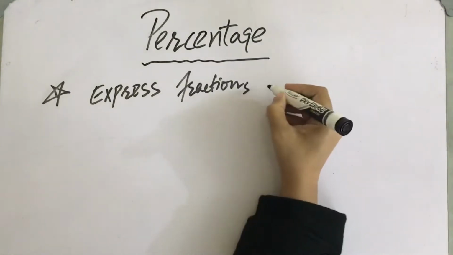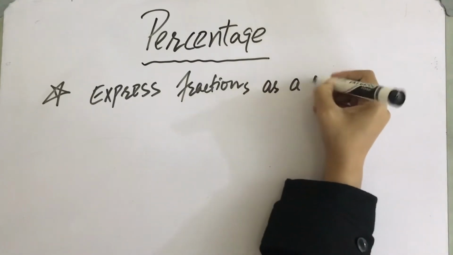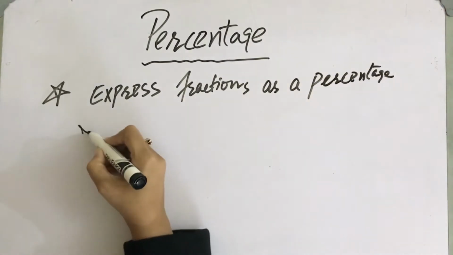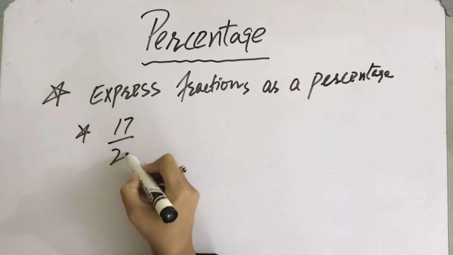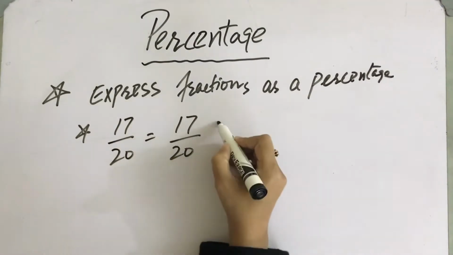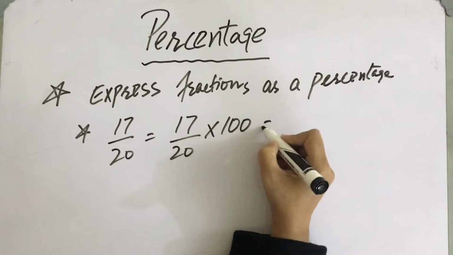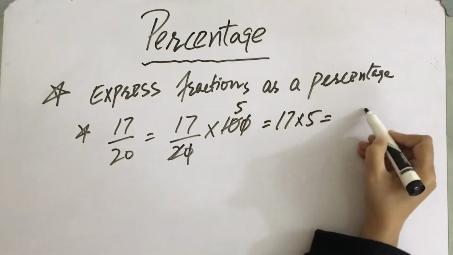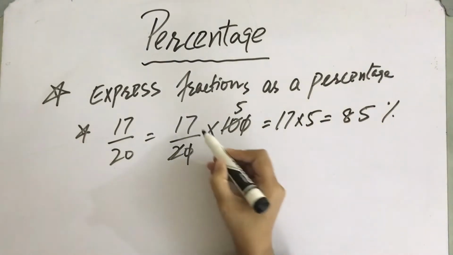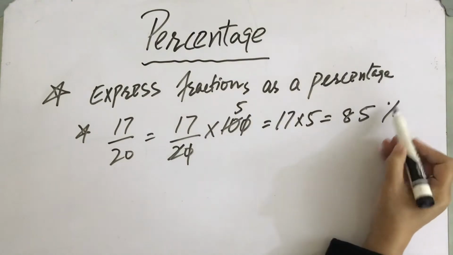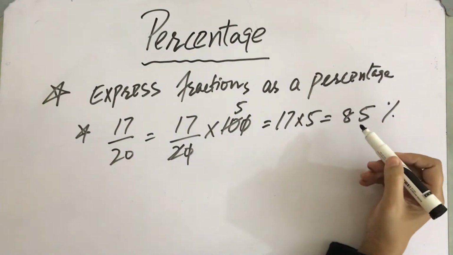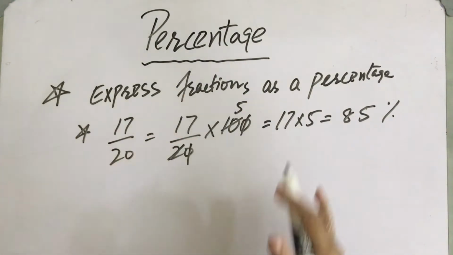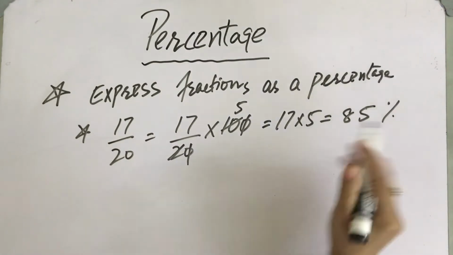0.236. Okay, now I have fractions and I have to express them as a percentage. So a fraction will be given and I have to convert it into a percentage, which means I have to multiply it by 100. Whenever I have to give my answer in percentage, I have to multiply by 100, and easily after doing cancellation, 17 times 5 is 85%. Now as I have multiplied by 100, my answer will have the symbol of percentage. My answer is 85%, or in other words, 17 parts of total 20 is basically 85%.